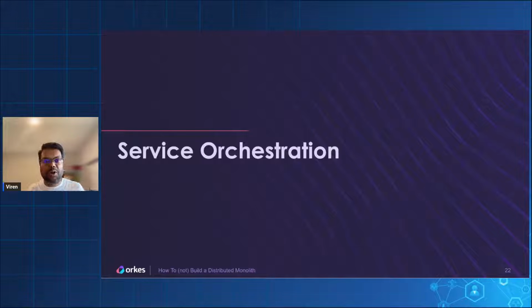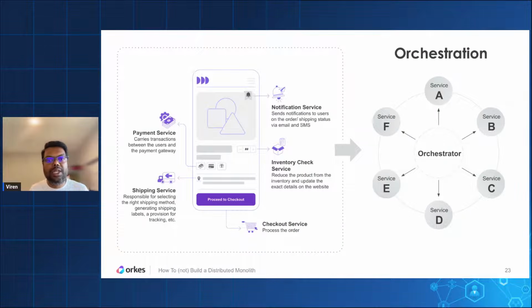So we talked about service orchestration. Of course, this is not a new concept. Orchestration has been there for the last many years, right? Decades probably. How does that help? And if you think about an orchestrator with an orchestration pattern, something like a saga pattern, you have an application with multiple components that are responsible for implementing